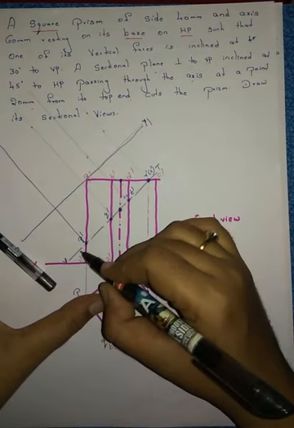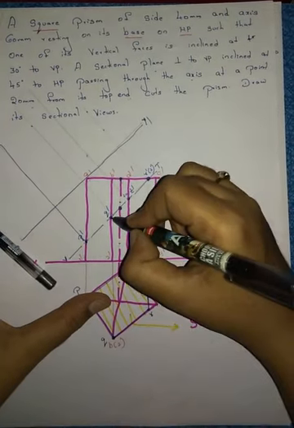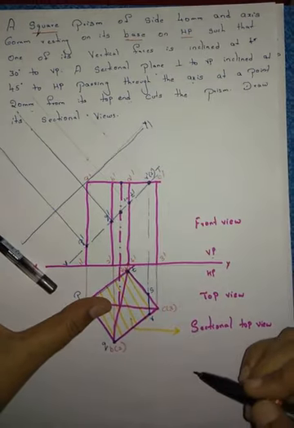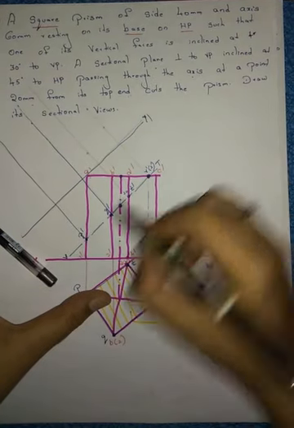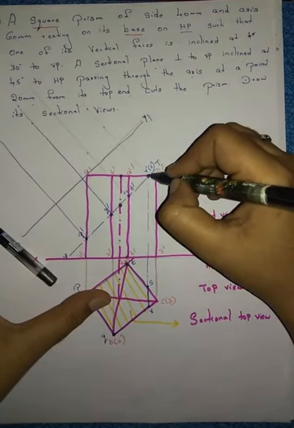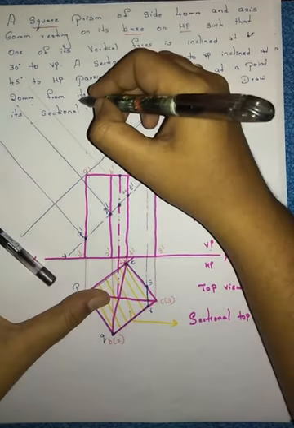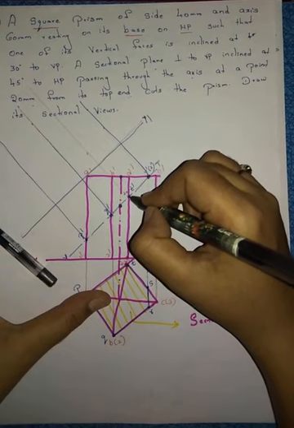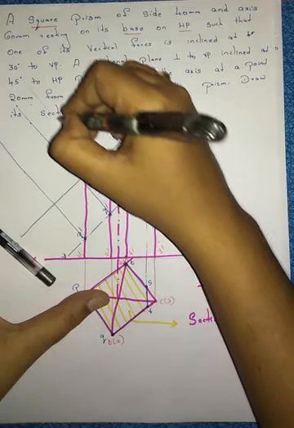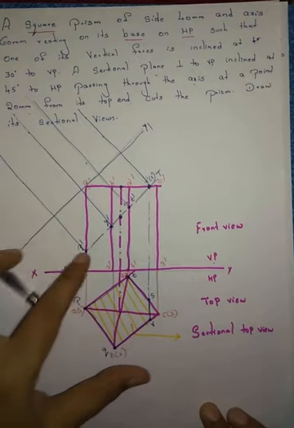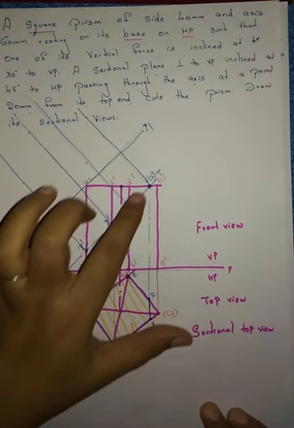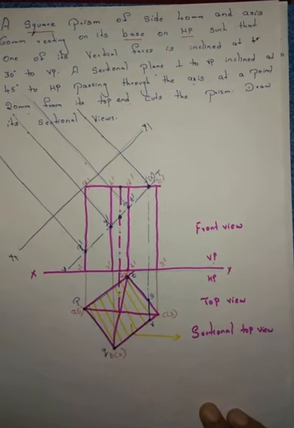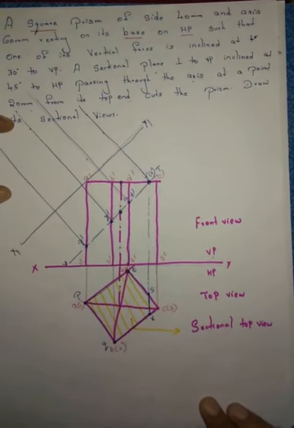Then next, keep your protractor on the sectional plane. From Q point, draw 90 degrees line. Right? From R and S also, keep your protractor on this line and draw the 90 degrees line. Next, from T also, draw the 90 degrees line. From all the points P, Q, R, S, T, you have to draw 90 degrees, right? Now, we are going to draw the true shape here.